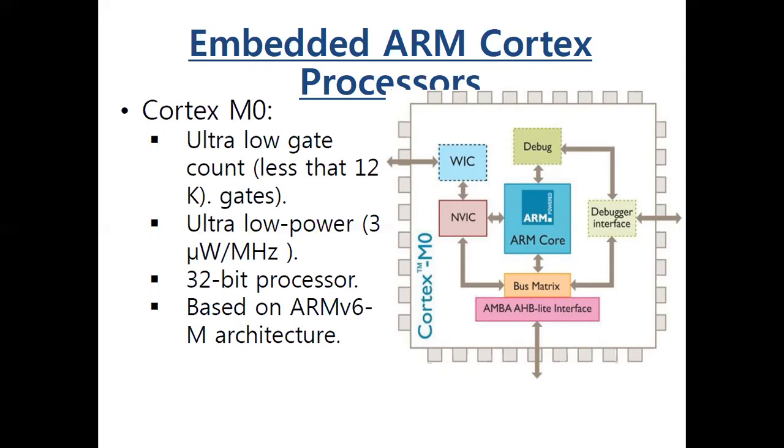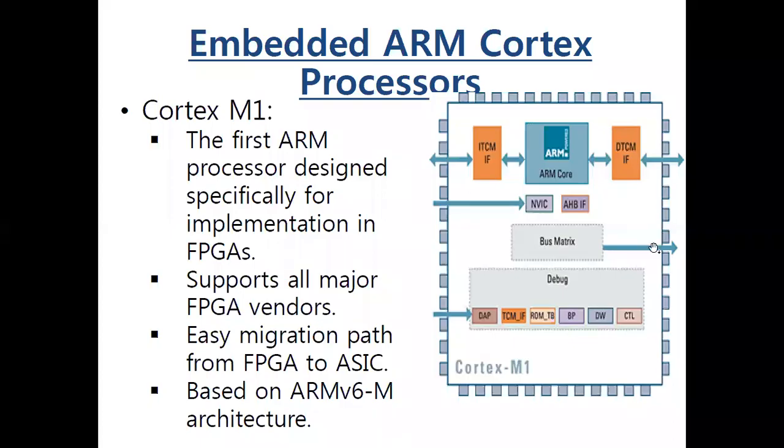Then it also has a very small number of gates. Most of the time in our ICs we use many gates, universal gates, because all the ICs are made up of gates and flip flops, right? So here we have a very low count of gates. That is also one of the reasons for the low power. So if you see, this is Cortex M1, the first processor. It is the first ARM processor, basically designed for the implementation of FPGAs, right?